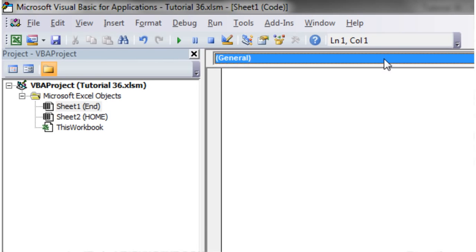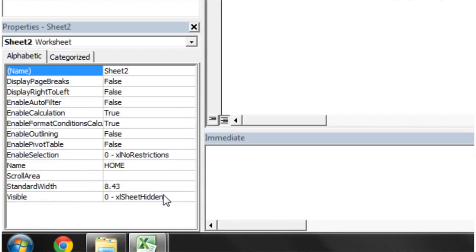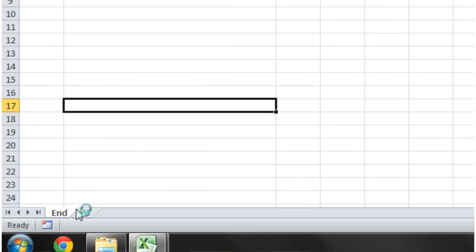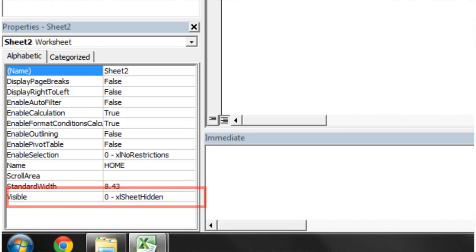So that's again just in our, and I've got two worksheets here. I've got one called end and one called home. The home one, if you look in the properties under visible, then you notice it's hidden. And we go in here, you can't actually see it. So what this code is going to do is it's just going to unhide